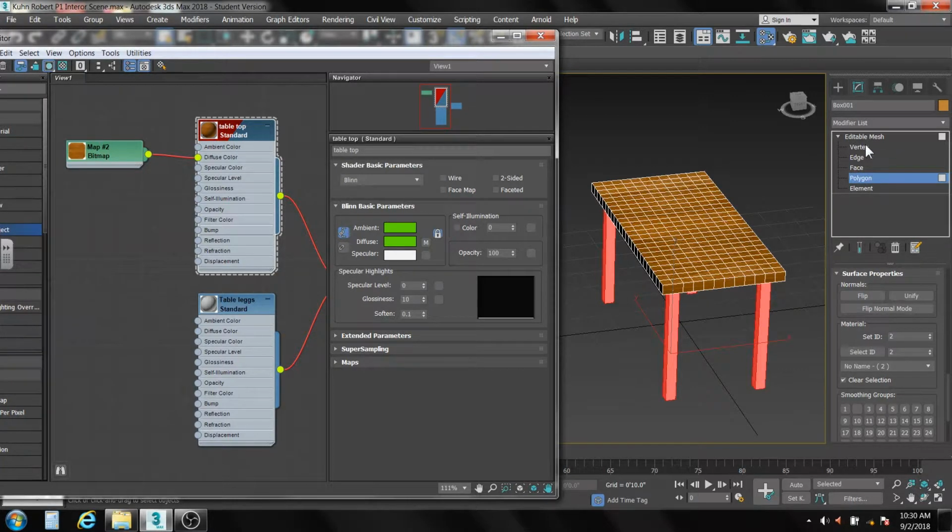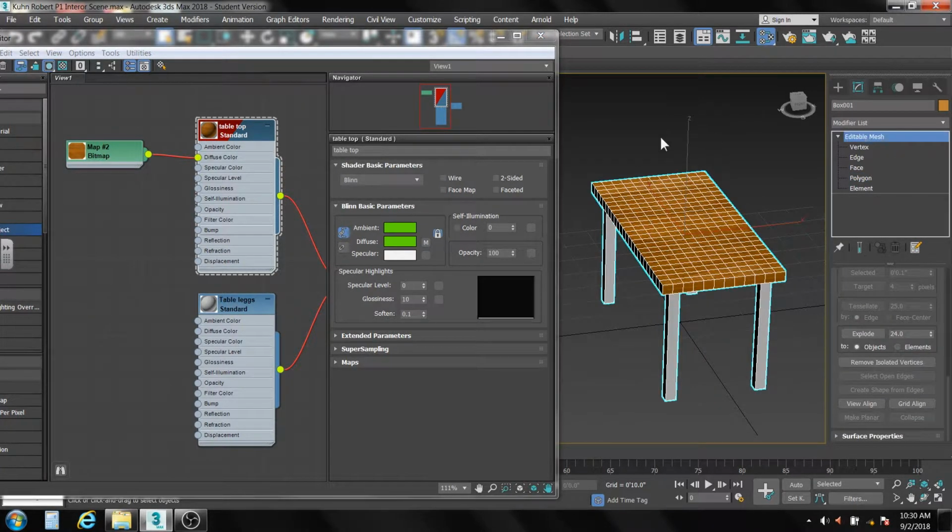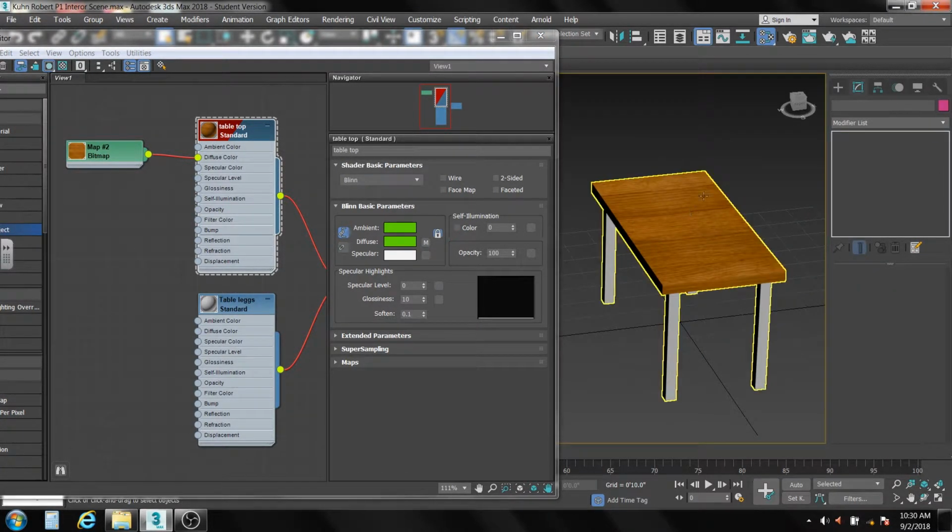Let's go from polygon to the top level. Click off to the side. Not bad. But that's not exactly where I think I'd like my wood going. I think I'd like it to be in the other direction. So here, in the picture,